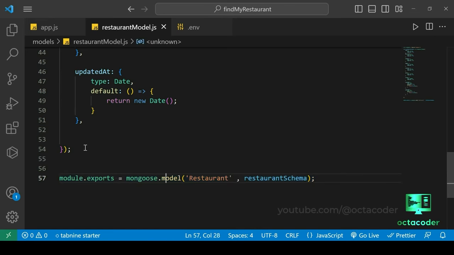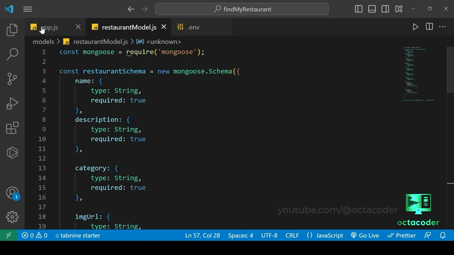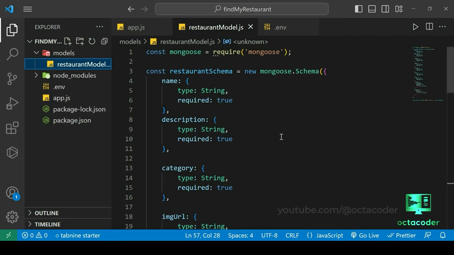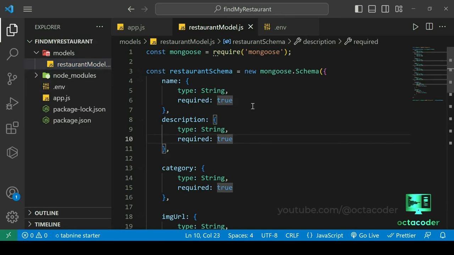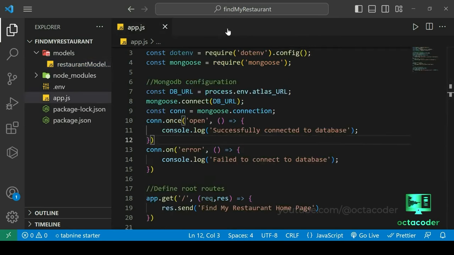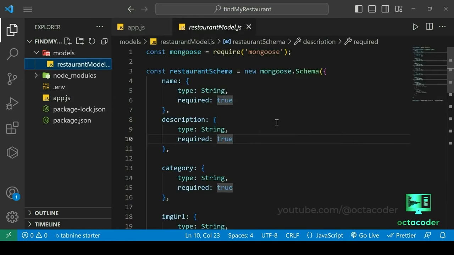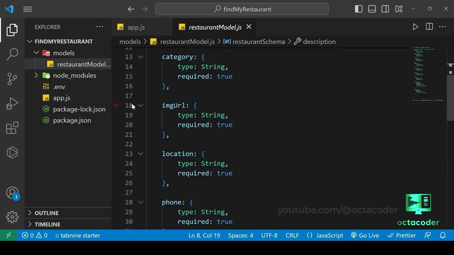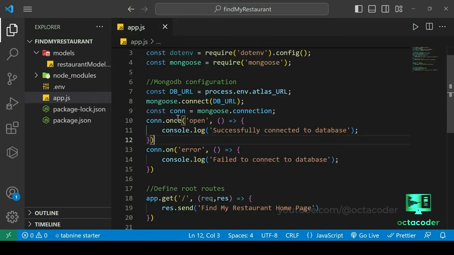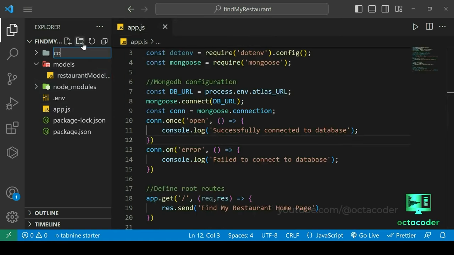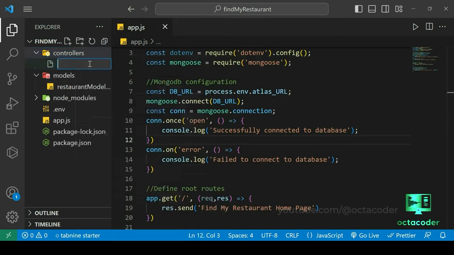So what should we do next, guys? Don't worry, I'm here to guide you. So now is the time to create our controller, the first API endpoint function, which is add restaurant. Okay, then we will do routing. If we don't have an API endpoint, then we don't need a route, right? So first let's create our RESTful APIs, which is the controller, and this API will be inside the controllers folder. So let's create a controllers folder here in our directory and inside create